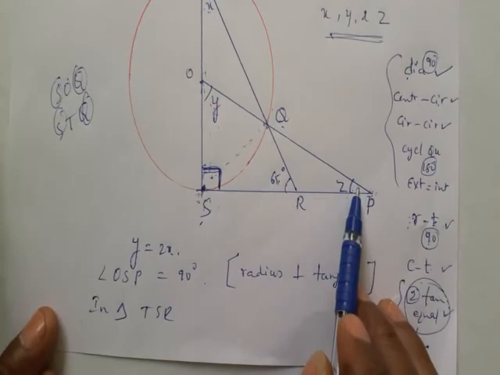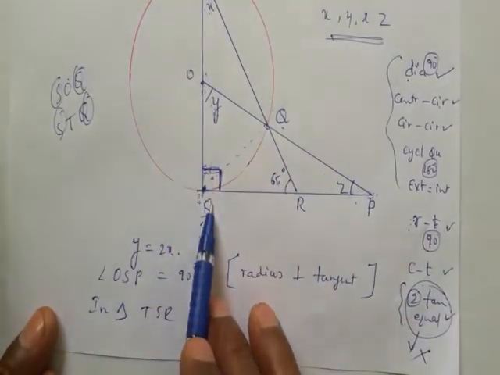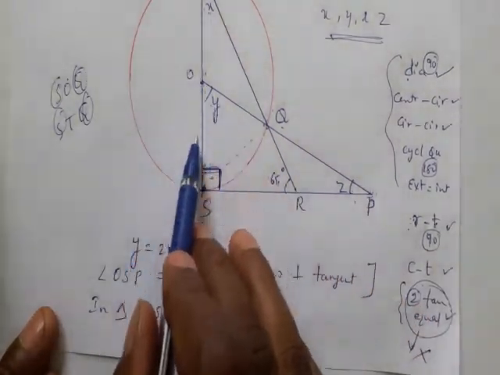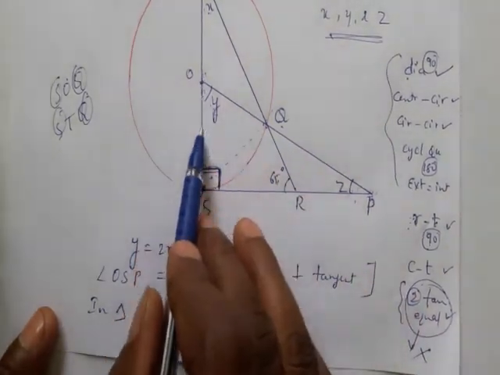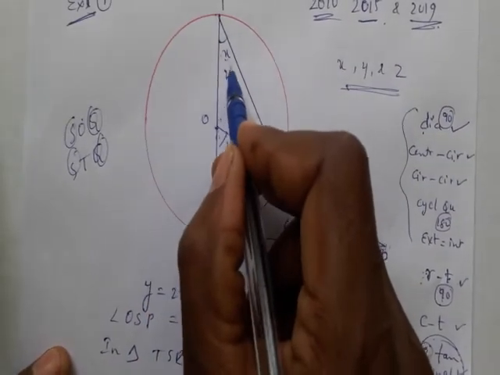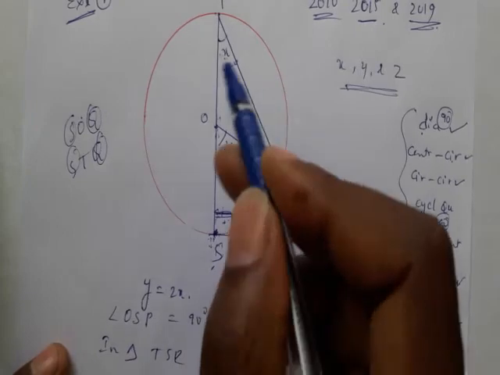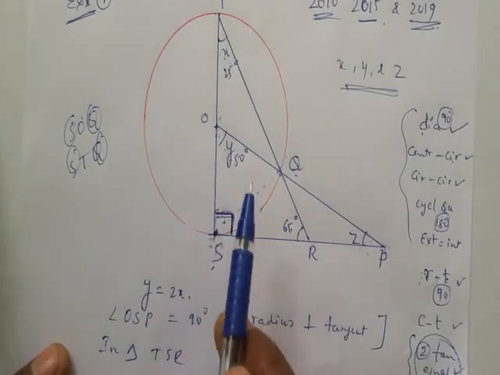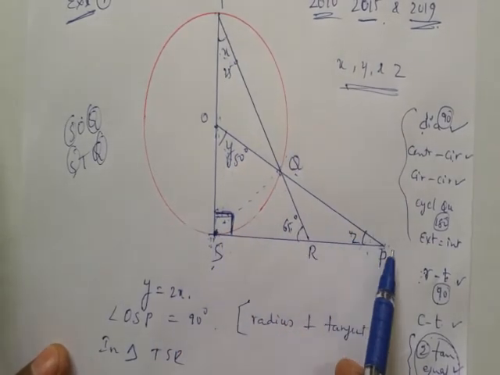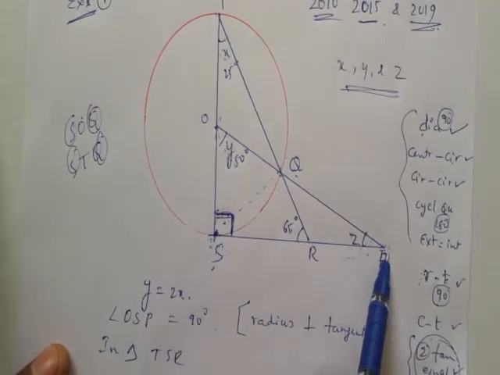Only one unknown is there, that is Z. So how to find Z? We'll consider this triangle. When you are not getting anything, consider the triangle at least. This x becomes 25, this becomes 50, double of that. Now this 50, this 90, this Z. This gives you another triangle.